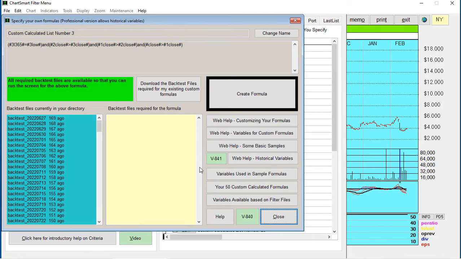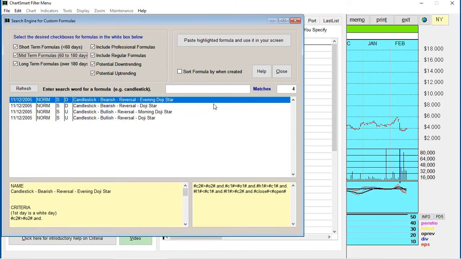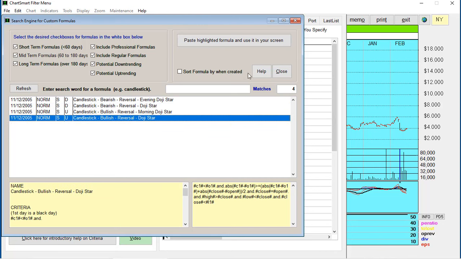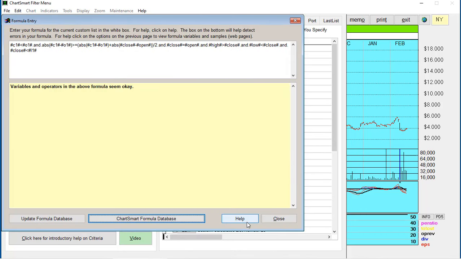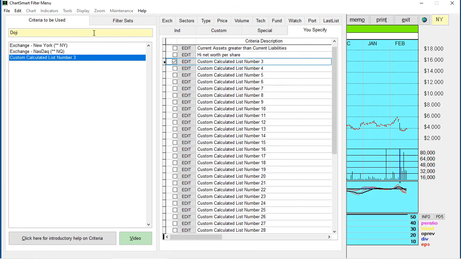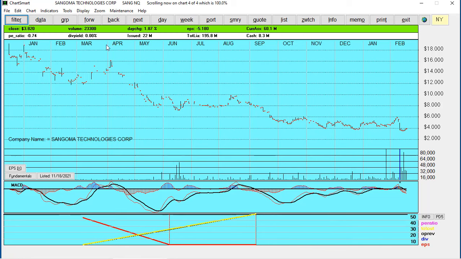But I'm going to go down to create formula, Chartsmart formula database. I'm going to type in Doji. There we go. Reversal. This is bearish. We'll do the bullish one. Okay, we'll paste it in here. I'm not sure we'll be able to use this one, but we'll go back here. Now, okay, so we have 3 custom